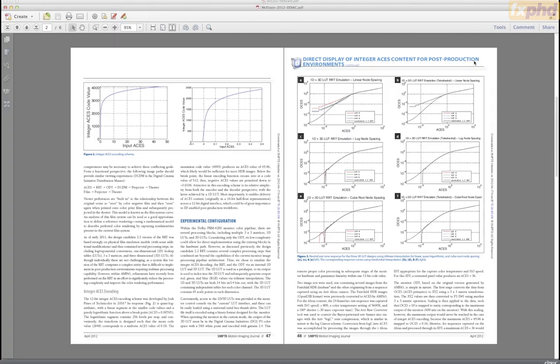So I'm guessing that the RDT will probably want to map OCES 0.5 to about P3 linear light 0.5. And the P3 domain then for display or distribution purposes will be subject to